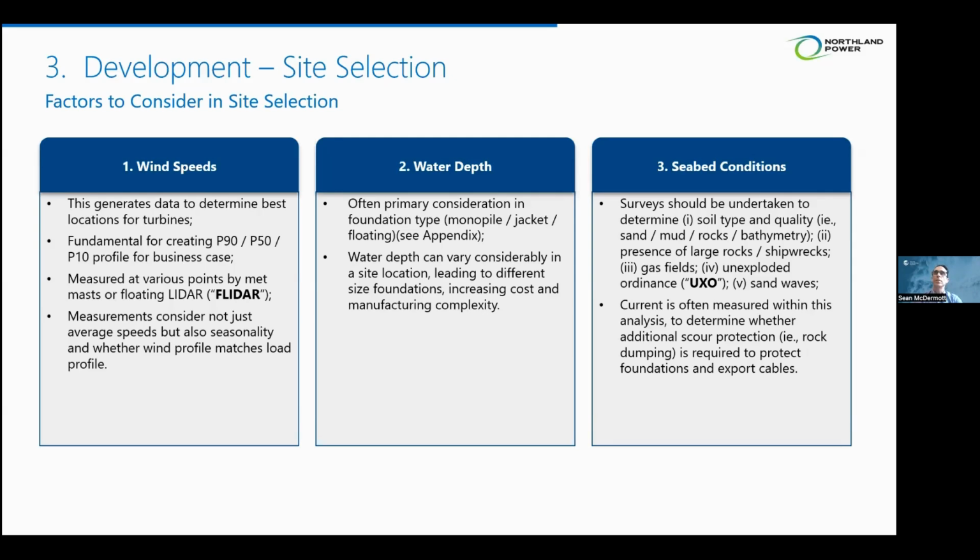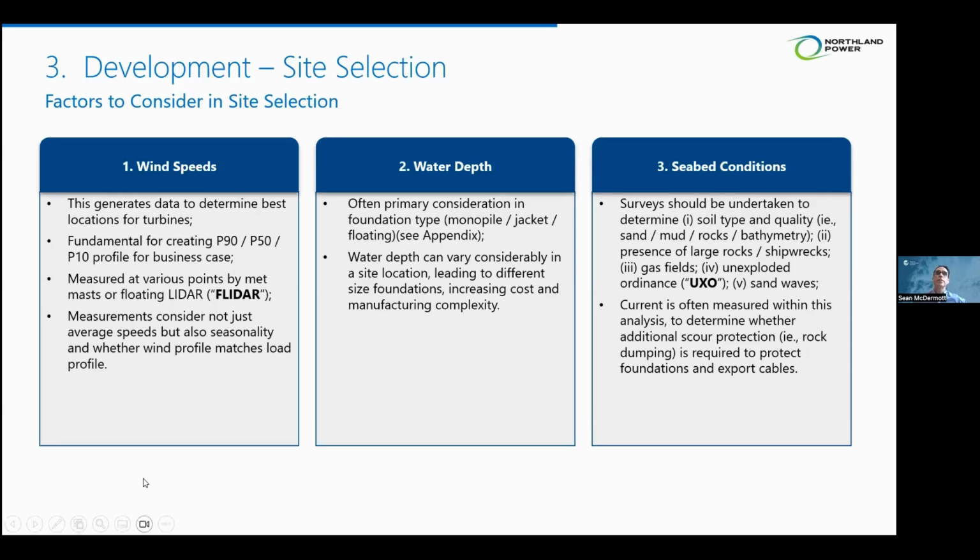So the P50, the P10, the P90 profiles in your business case aim to take a view in a year. How many hours will you be generating with a 90% probability, with a 50% probability, with a 10% probability? So the P90 is sort of your lowest case, P10 is the highest. And it just reflects the fact that renewable energy is intermittent, and it will change quarter to quarter, year to year, but you want to have confidence in that P90 and what the baseline is. So once we have a sense of the P90 or P50 wind speeds, then we use that as a business case to go forward.